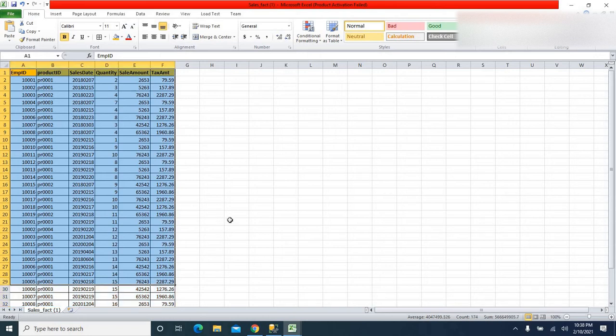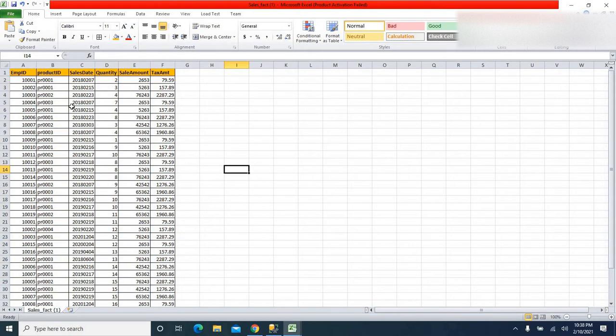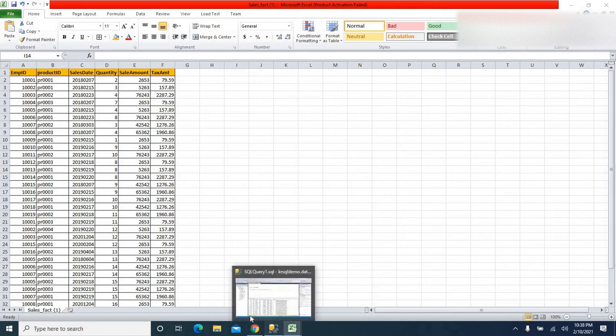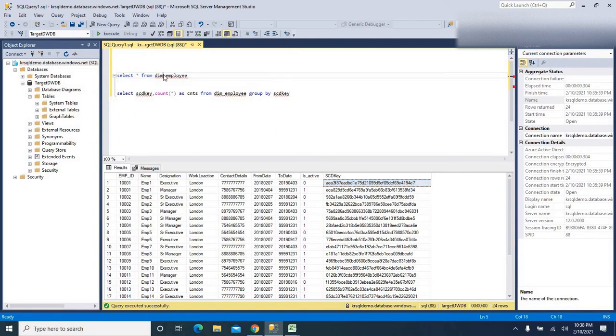In the previous video on dimension table data load, I created one hash key to uniquely identify the records in the table. Let me take you into SSMS. This is the table which I loaded. I created one pipeline and loaded the data into the dimension table, dim employee. This table has employee ID, name, designation, work location, contact details, and from and to dates.